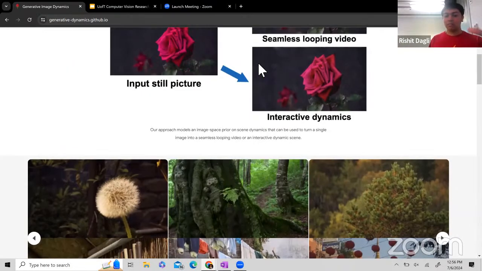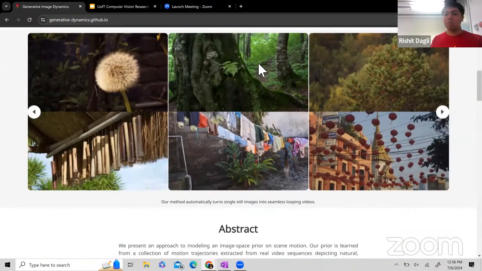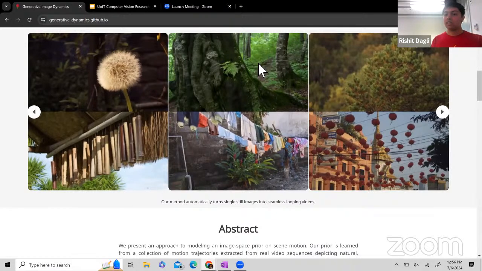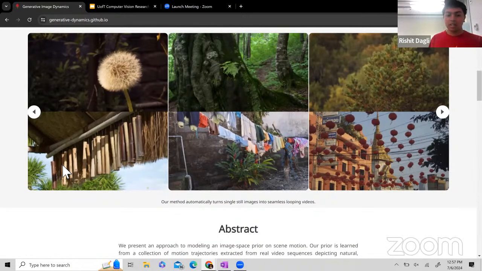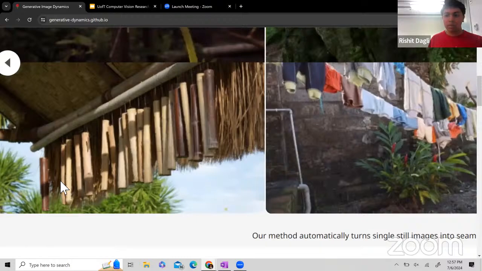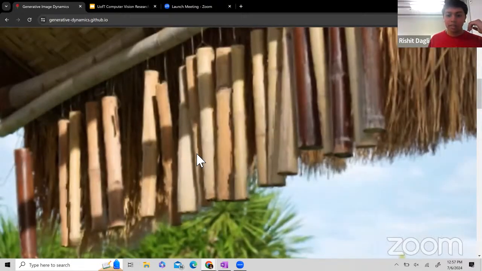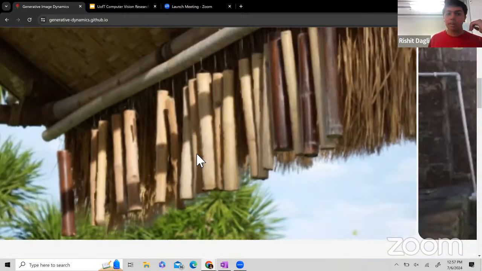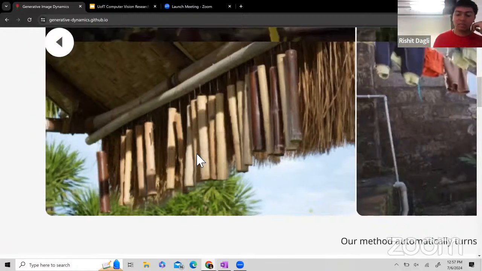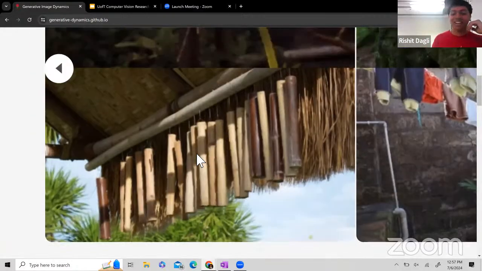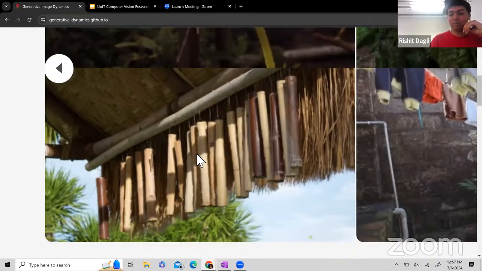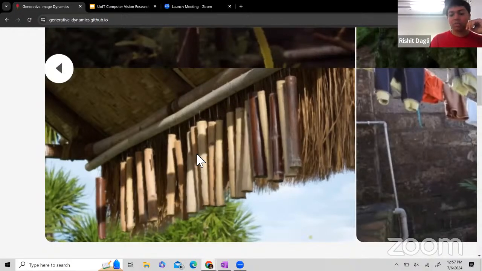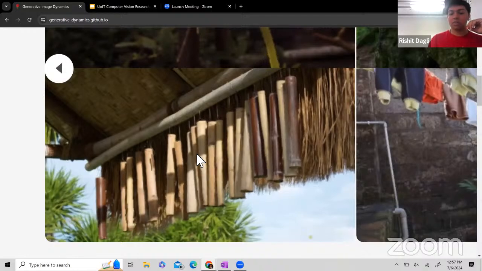These are very great outputs. It's almost impossible to say that these were generated and not captured by a video, at least for me. But there are some problems, especially if you see this video, or animation, whatever we should call it. There's very little part of this which is actually moving.